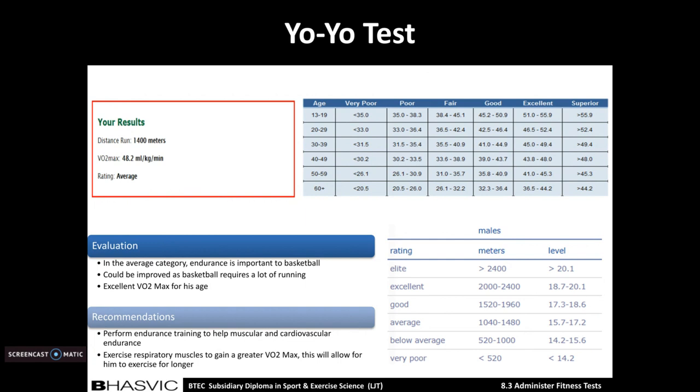Evaluating my participant's yo-yo test score, it shows that he has an average score when performing this and has a VO2 max of 48.2 milliliters per kilogram per minute, which is shown on the blue table to be excellent for his age of 17. However, the yo-yo test results can be improved upon, and in basketball there aren't many breaks in play, meaning he'll be running until the quarter is over in most games. And each quarter is 12 minutes long, making the games last 48 minutes, not including overtime,